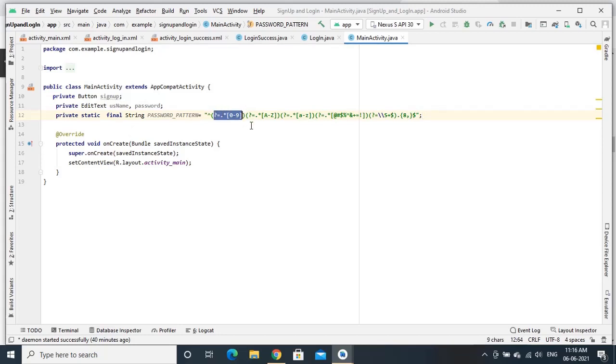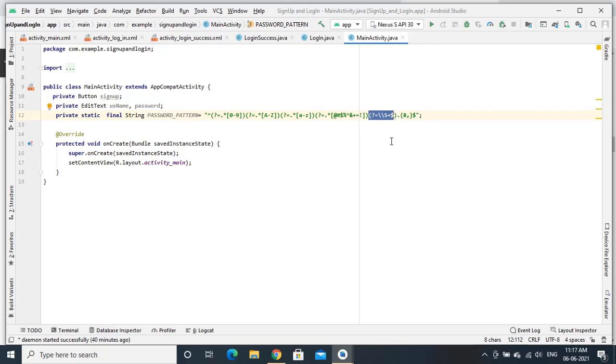It checks that the password contains at least one number, and this pattern checks for a capital letter, and this is for a small letter, and this will check for a special character, and this one will ensure that the password does not contain white spaces.